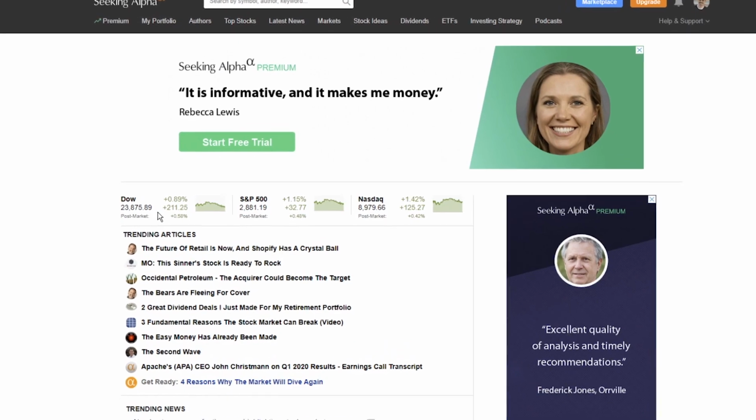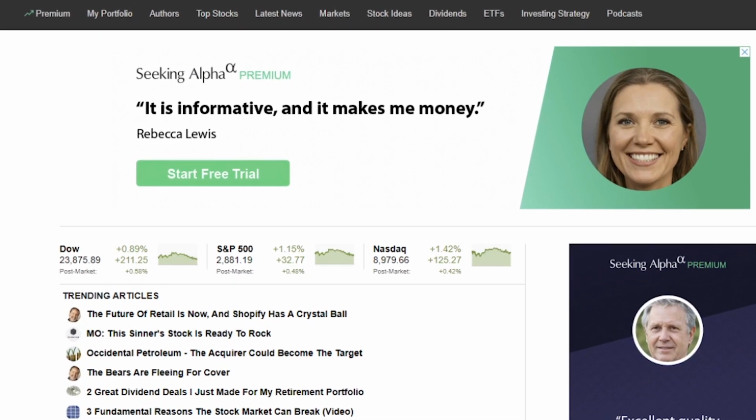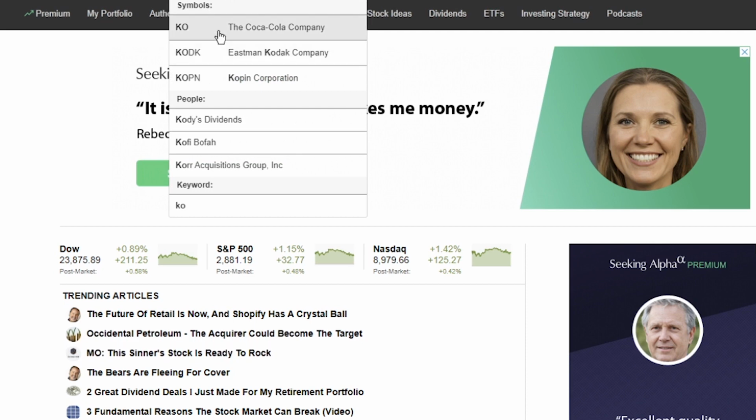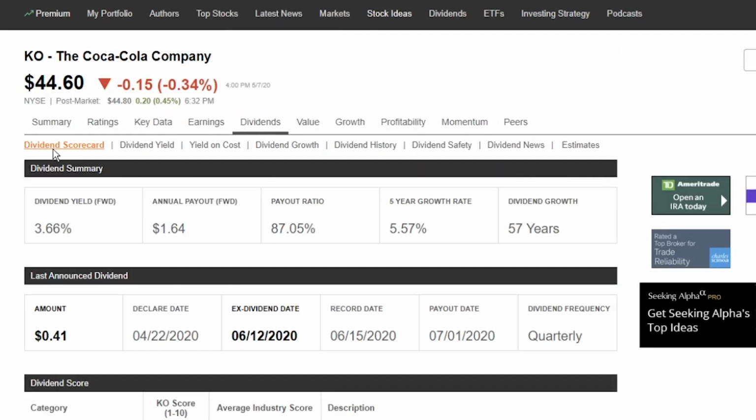Now, I personally like using this website. I get a lot of information, and when I go into individual companies, as an example here, I can type in Coca-Cola, and then I can see a lot of the dividend information right over here on their scorecard. So I can see the ex-dividend date, the record date, the payout date, and then the frequency, and also when they declared it if I wanted to know. So going to each one of these individually with my portfolio would be a lot of time